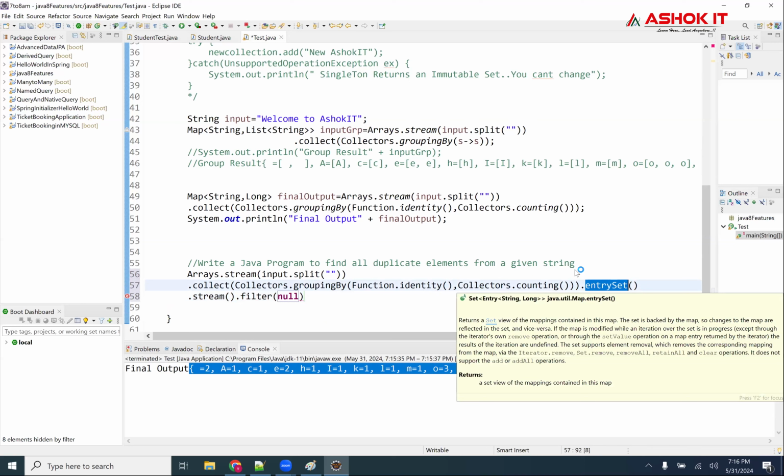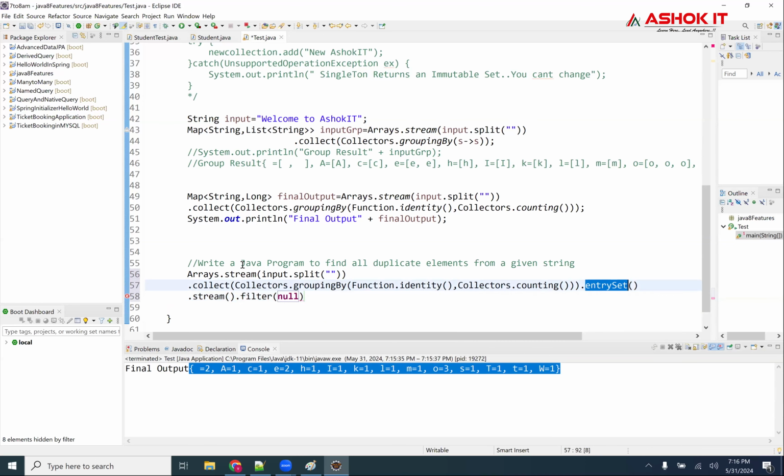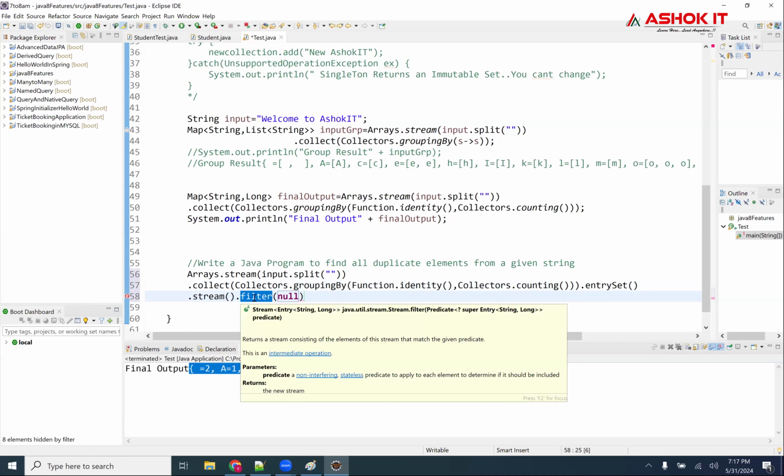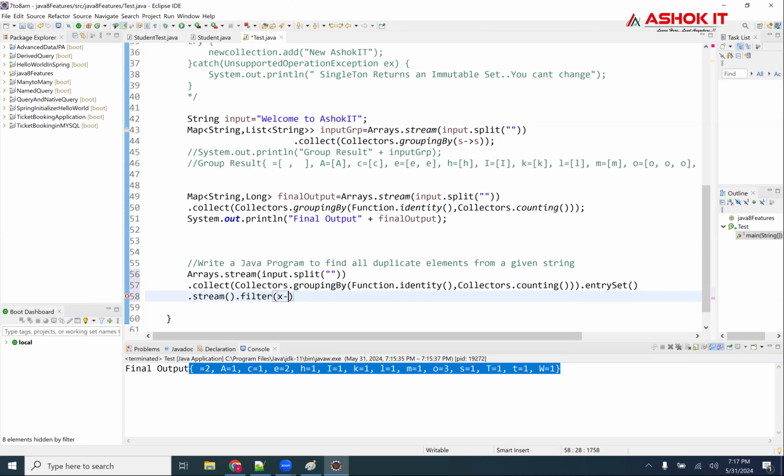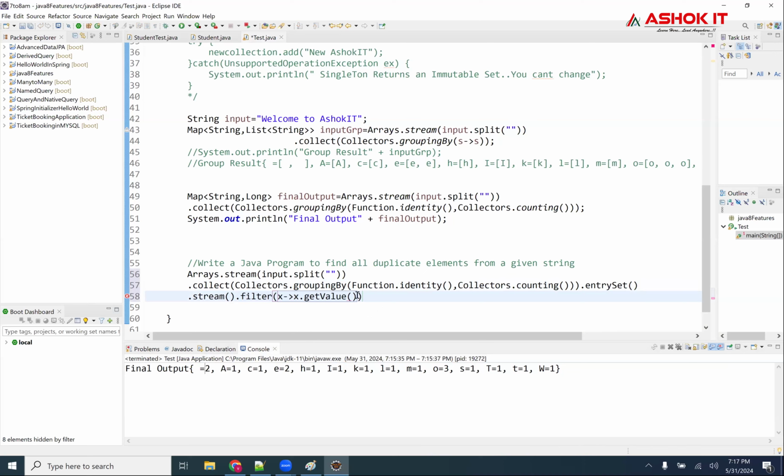This entry set is going to convert into a map. In that map, I want to apply stream.filter, because I don't want all the entries. On that map, I am going to apply a filter. What is my filter logic here? A lambda expression x.getValue(), each and every value, this is 2, this is 1, where the value is greater than 1. This is my logic here.